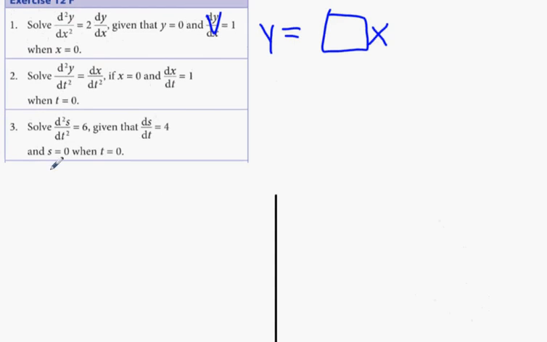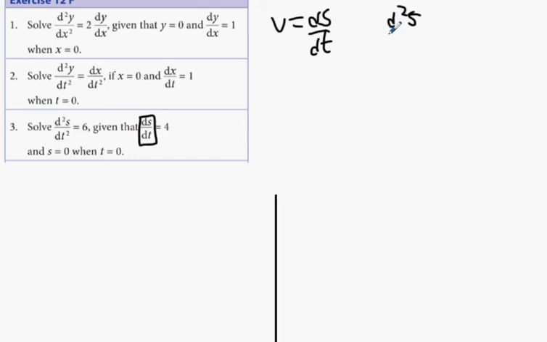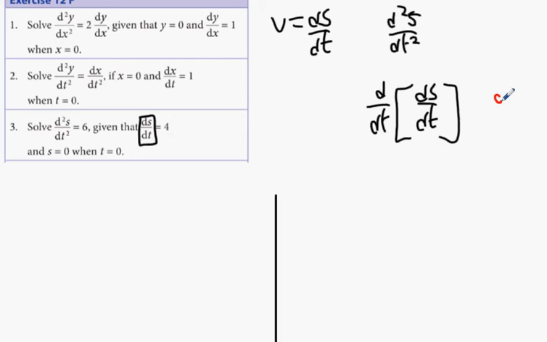Okay, this one here. We have the second derivative equals 6. I'm going to create a placeholder for that. Because the dS/dt here is on its own, I'm going to say phi equals dS/dt. Therefore, d²s/dt² is basically the derivative of the first derivative. And what is dS/dt again? So we're now dealing with the dφ/dt. That makes sense? It's the dφ/dt for the second derivative, so it's the dφ/dt